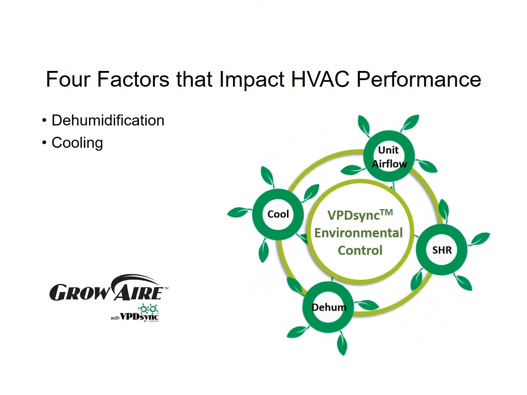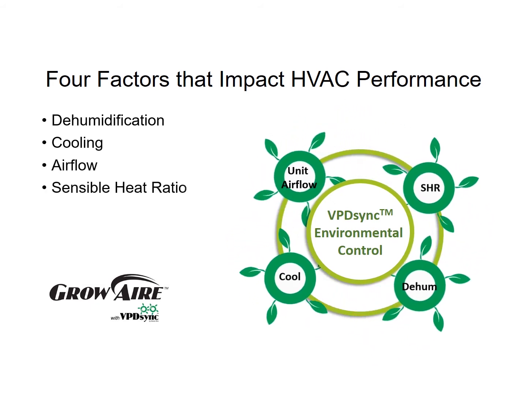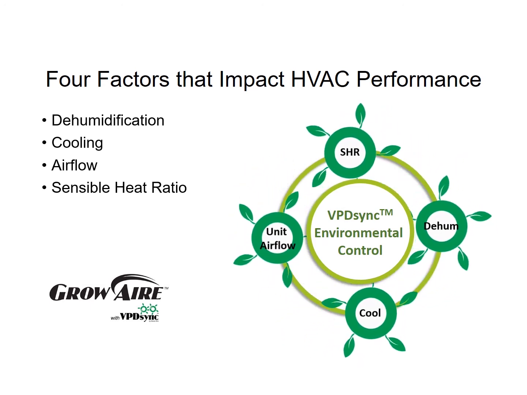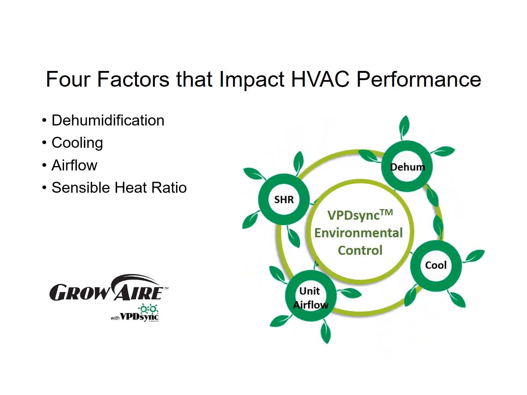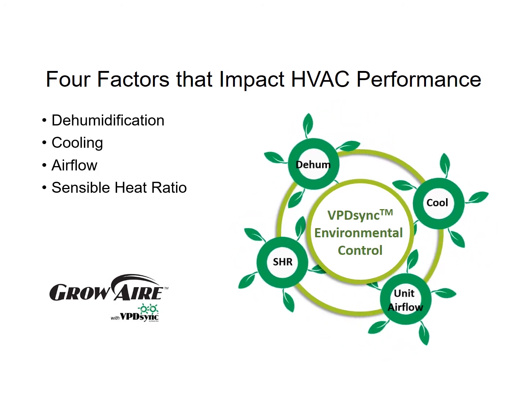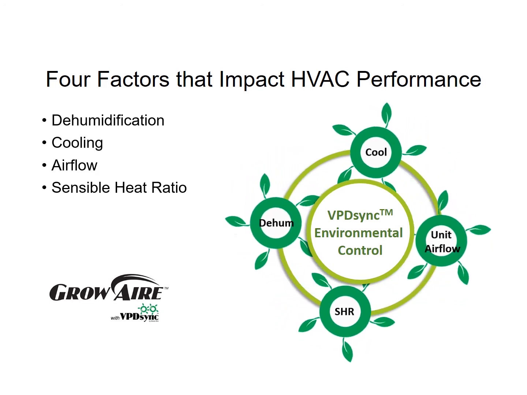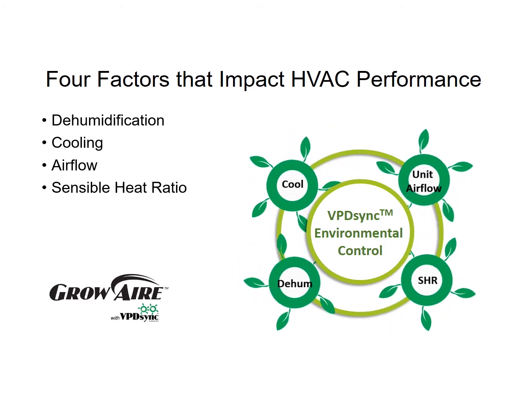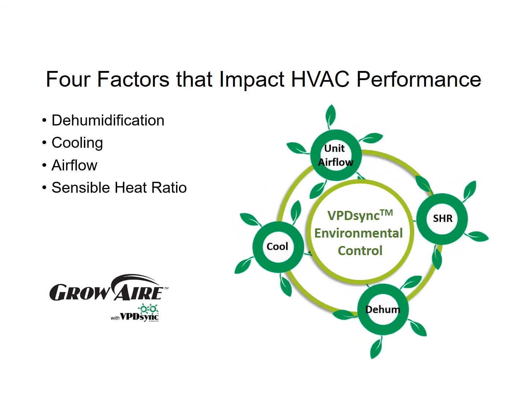Heating, cooling, and dehumidification loads change rapidly during the shift from dark to photo period and vice versa. The amounts of dehumidification and cooling required shift as the plant grows larger and has greater rates of transpiration. Environmental control units must be flexible and accurate to maintain the perfect conditions. Only Desert Air's Grow Air units with VPD Sync environmental control have the 4 dimensions of control to be perfectly matched with the loads in an indoor plant environment.